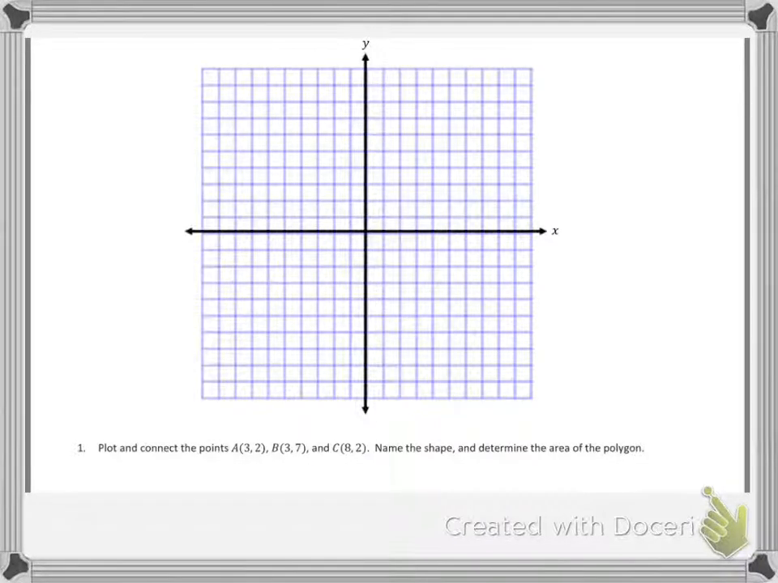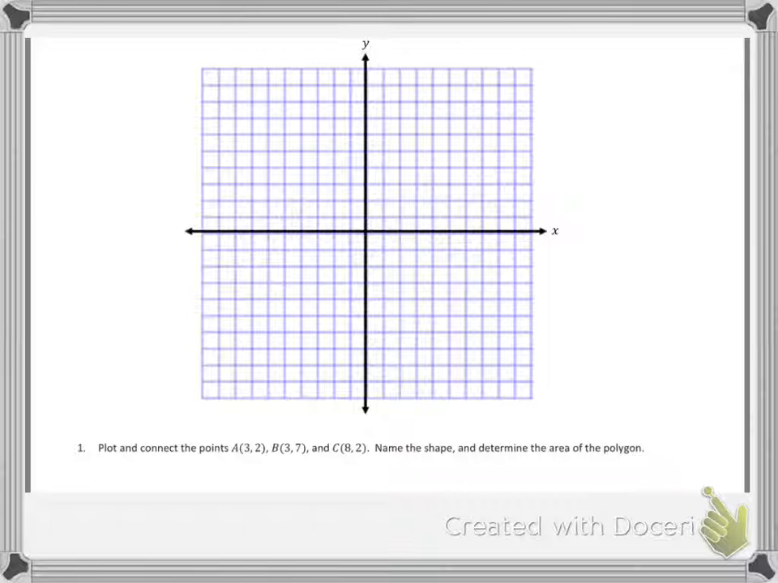We're going to start here with example number 1. Our job is to plot and connect the points A, B, and C, and then name the shape and determine the area of whatever that shape is. So let's start with